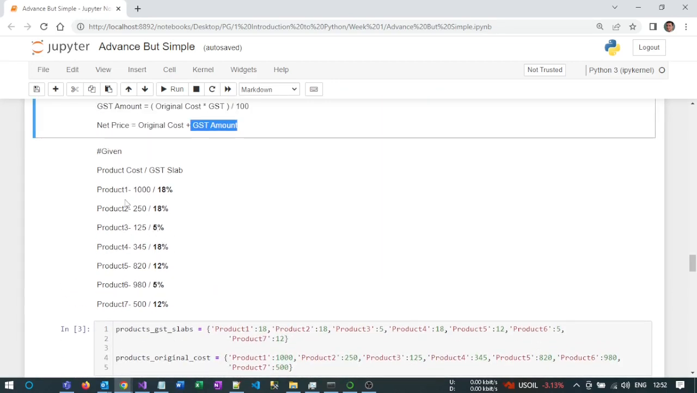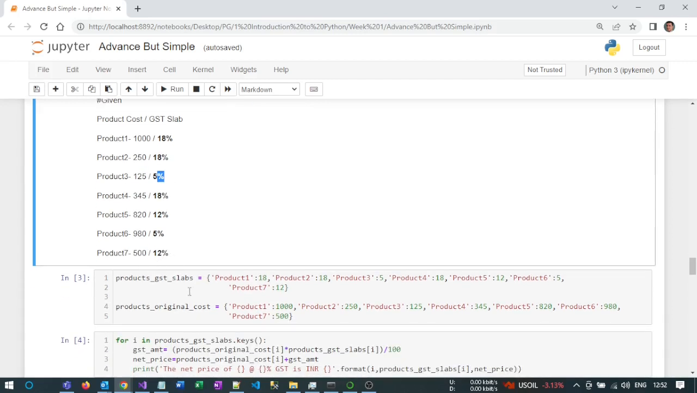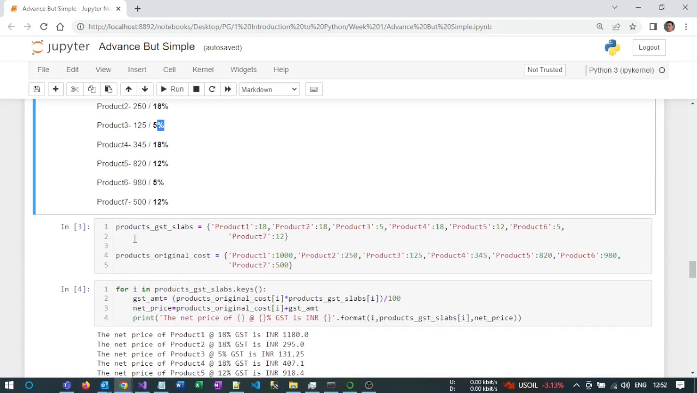If I have a product whose cost is 1000, the GST slab is 18%. If a product cost is 250, the GST is also 18%. If 125 is the cost, the GST is 5%, and so on and so forth. There could be a number of products. So we can make a program for that, because in the programming world, if we can think, we can definitely convert